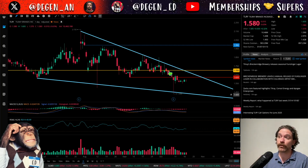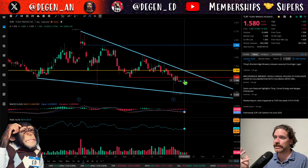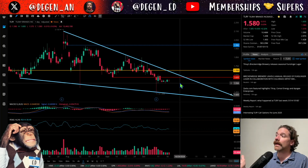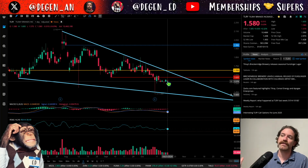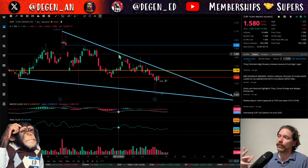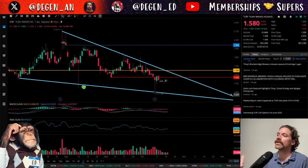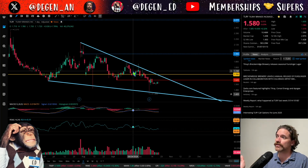I was hoping we were seeing a fake out break below that level before earnings, and that we might see a bounce getting up to fill this gap right around $2 a share, but we did not see that. We saw this pretty big move down, and then this consolidation. I am really just compelled by the structure of this. I feel like a lot of people really want this to go higher, but it has been really weak, with these two downtrending levels, one being support, the other resistance, trading below $1.70,